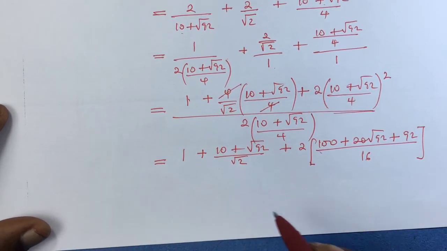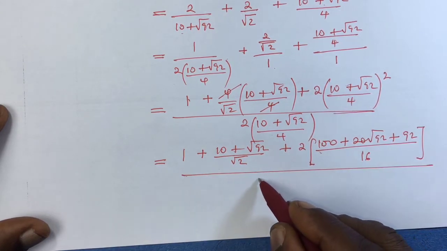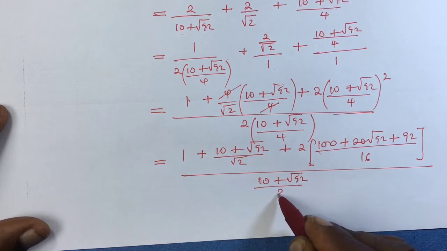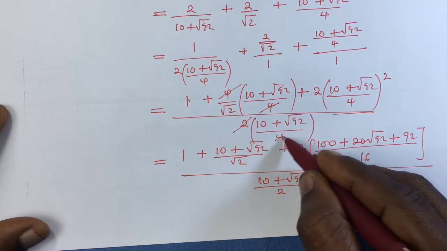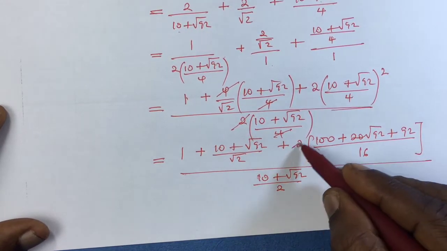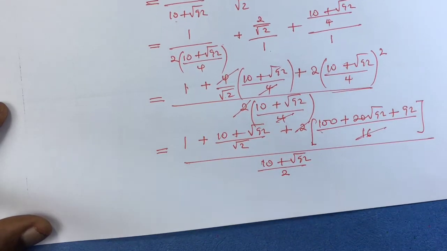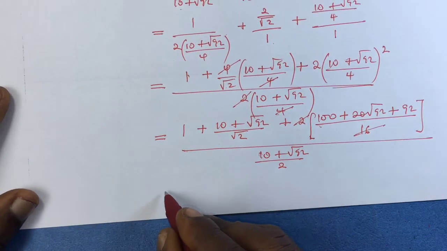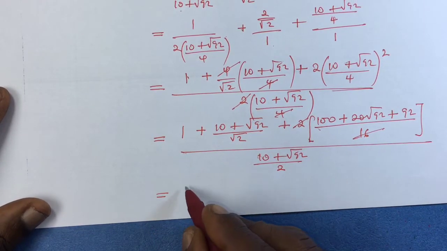So that's what you're going to get, and all these will be over (10 plus root 92) all over 2. This time around, I've used this 2 to cancel this, and take note, this will cancel this to give 8. So I'm going to bring that result here. Okay, the last line. I'm going to bring that result in the last line, and that will be 1 over